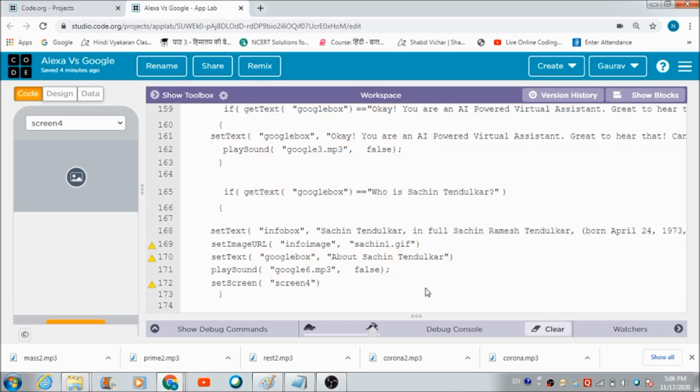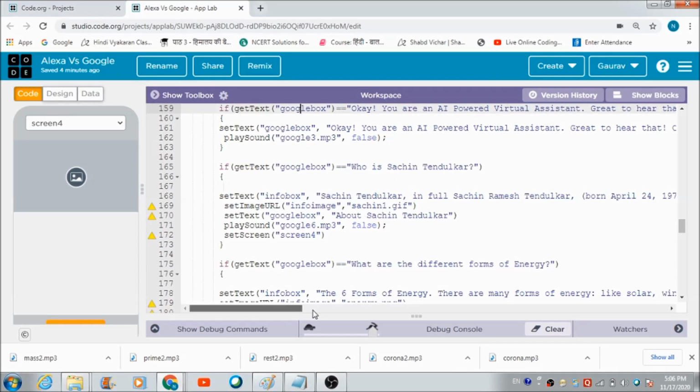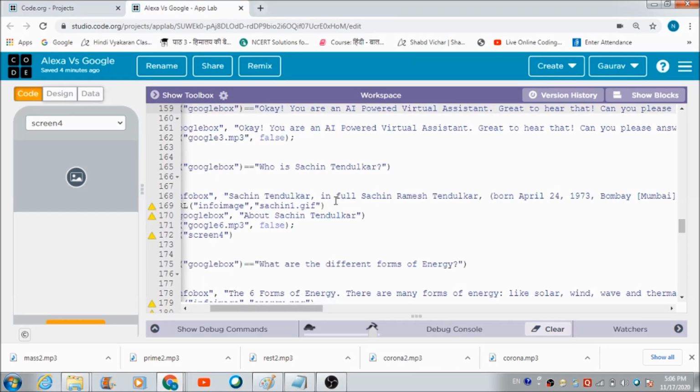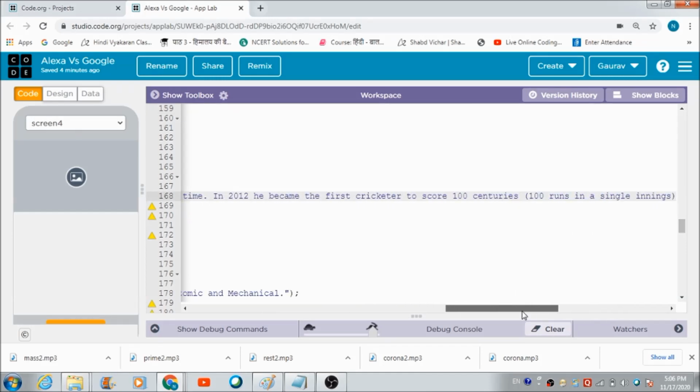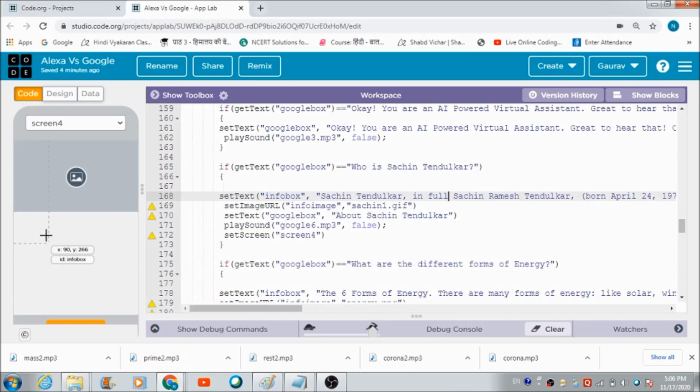Let me just show it to you. Sachin Tendulkar, in full Sachin Ramesh Tendulkar, born April 24, 1973. This whole text he will be able to see here in this info box, and in this image box he will be able to see this image Sachin1.gif.